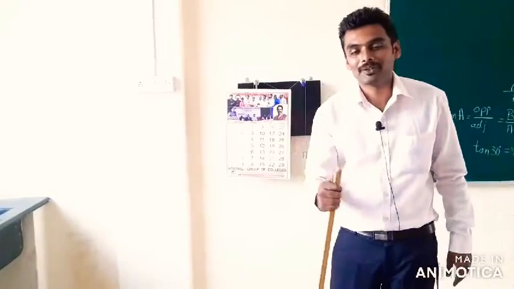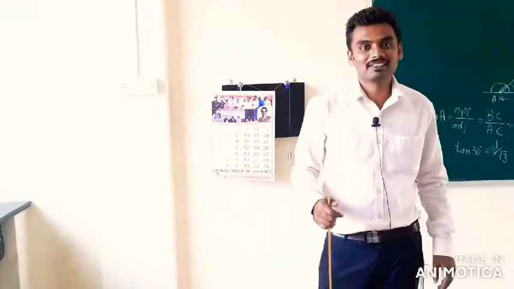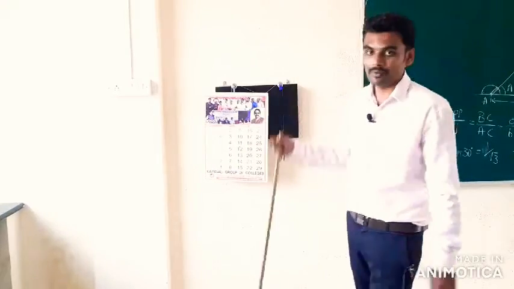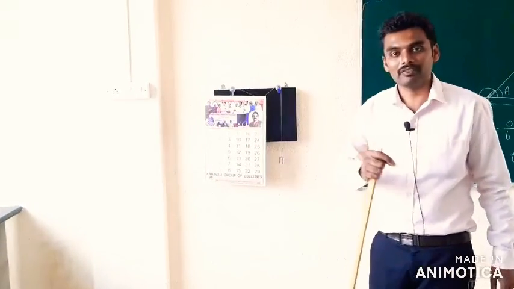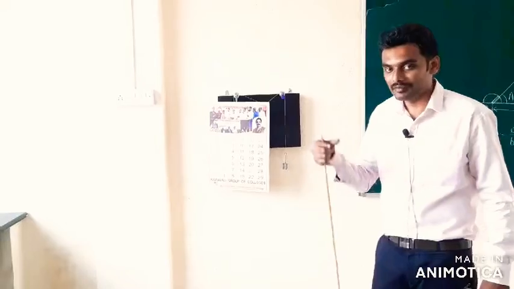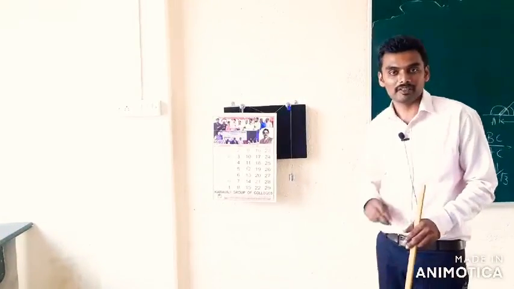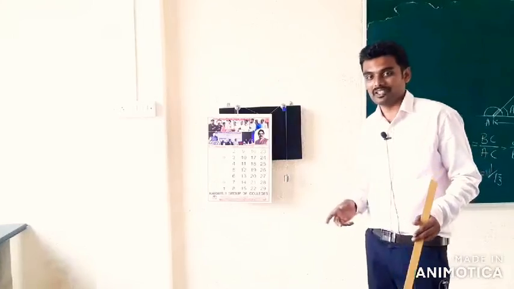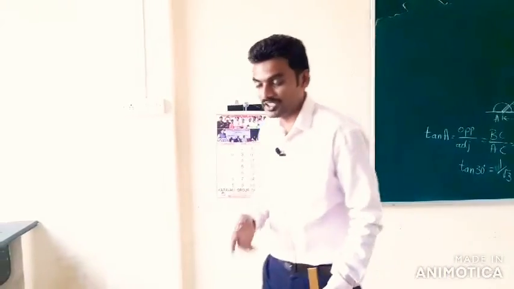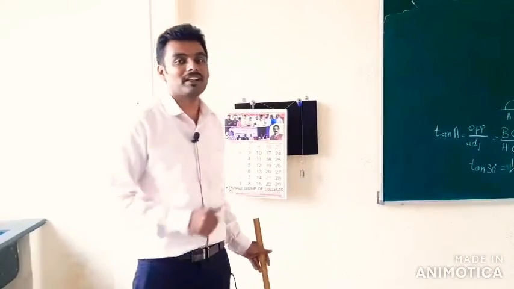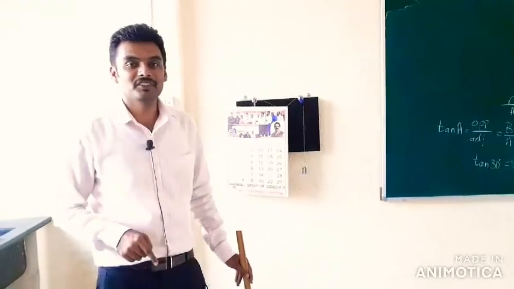Hello students. So now, as you just saw with the calculation, the height of the wall that we obtained using the trigonometric function of tangent, tan 45 is equal to 1, is 3 meters, right? Now let us verify, because whatever we do theoretically shall be verified practically. That is where the physics part comes.